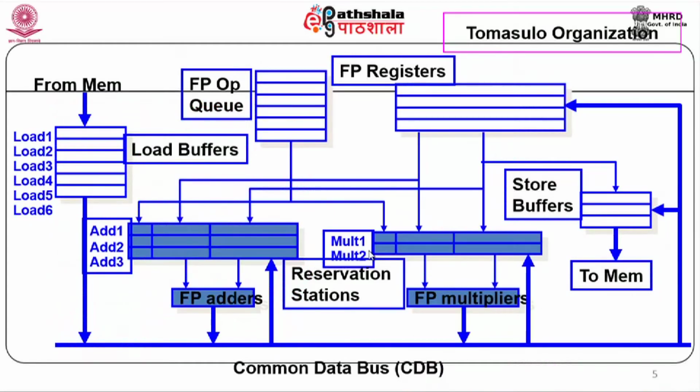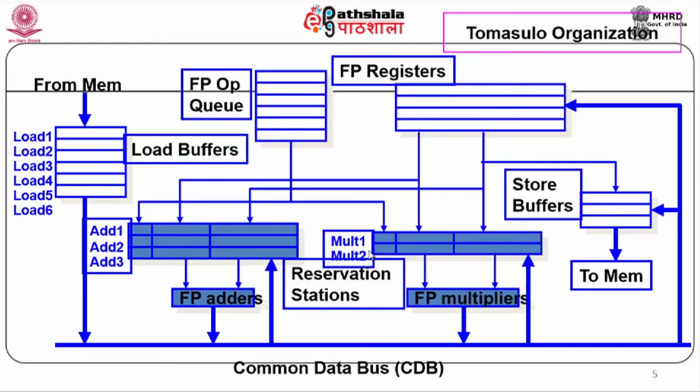So this is again the organization of the Tomasulo's approach. Instructions are fetched and put into your prefetch queue. They are removed from the queue and decoded. Once you decode the instruction, you know what operation is to be done. Accordingly, it is allocated a reservation station corresponding to that functional unit. Suppose the decoded instruction is an add instruction, then you allocate a reservation station entry associated with your add